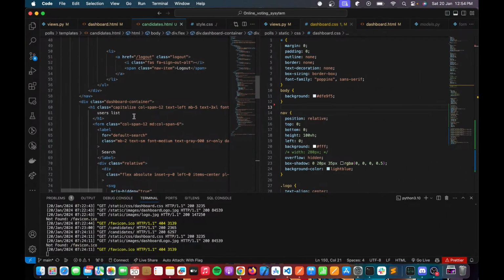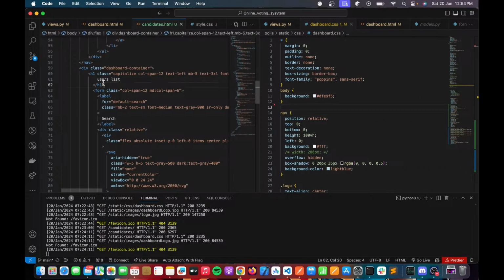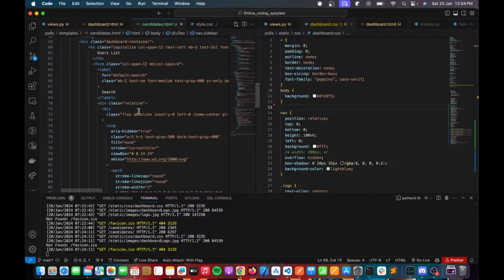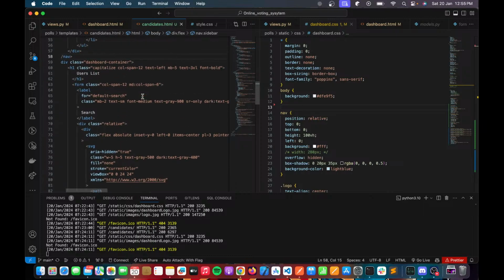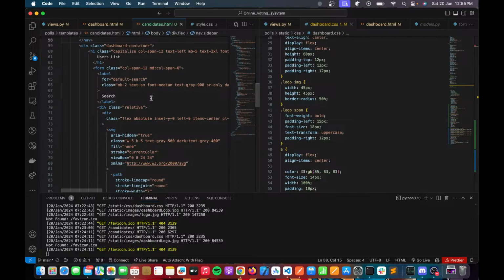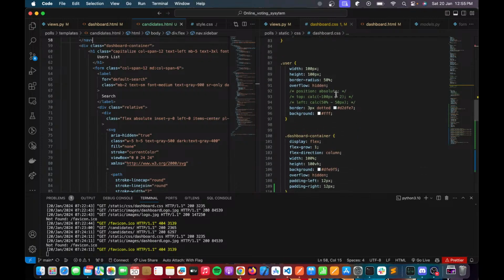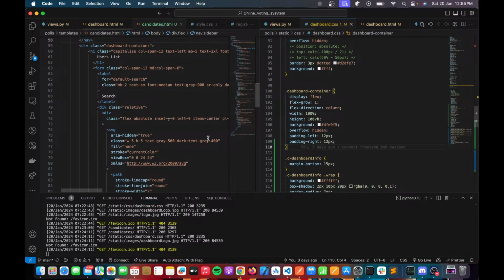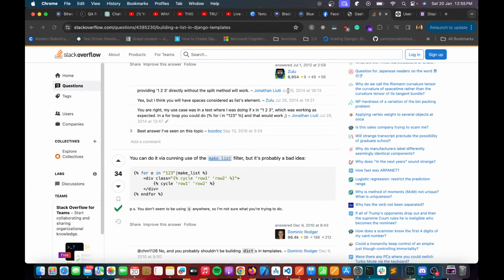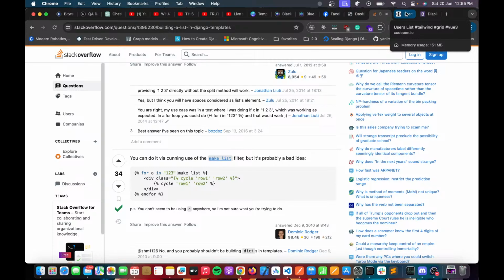So, users list, list form. This is all right. This is good. Dashboard container. What do we have here? Okay. Search is good. I think let me just copy